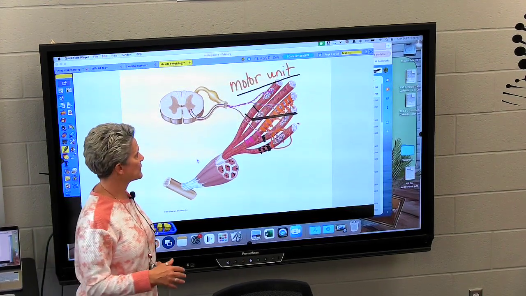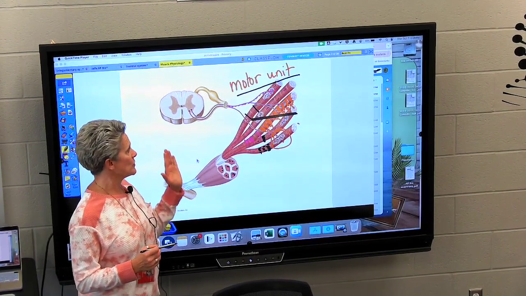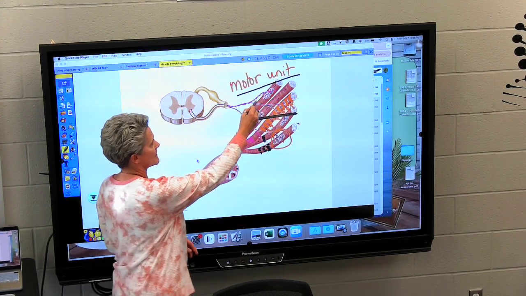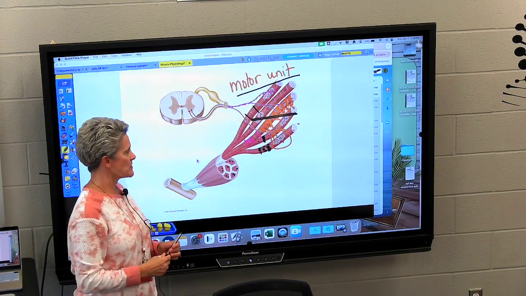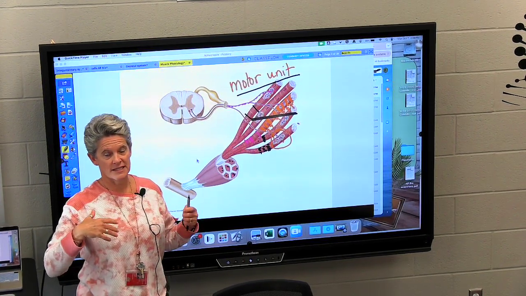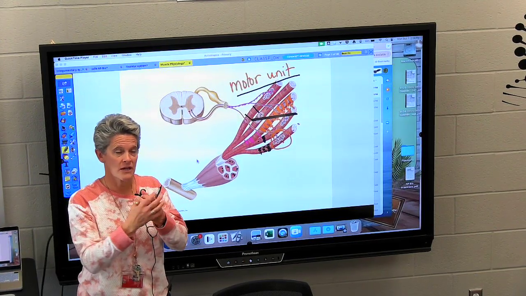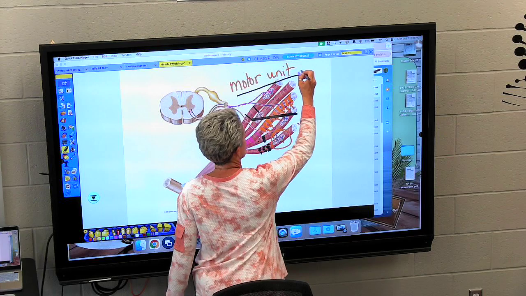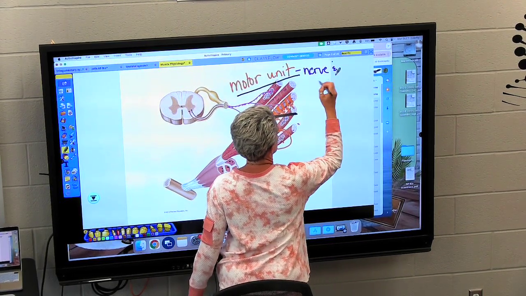So the first sort of definition I have up here is a motor unit. A motor unit is a nerve. So this is showing the spinal cord and a nerve coming out of it and going to this bundle of muscle fibers. So that's called a motor unit. So it's the nerve and the muscle that it basically controls. All right, so I'll just write that up here. Nerve and